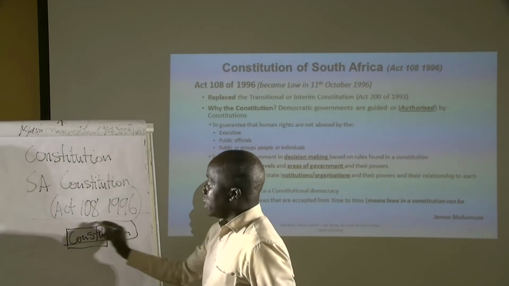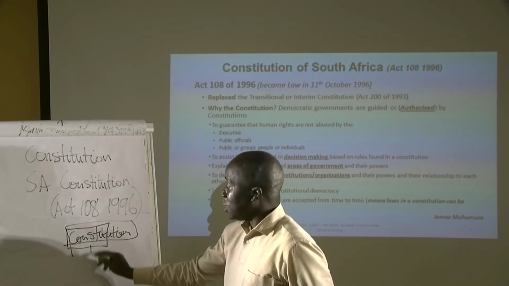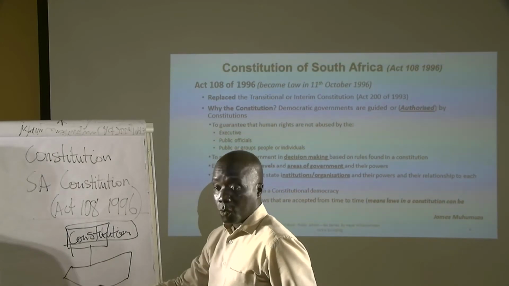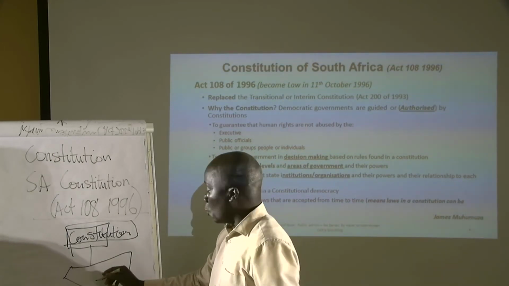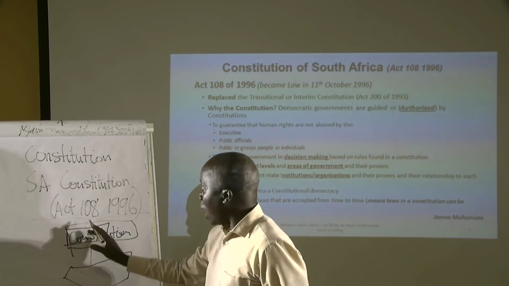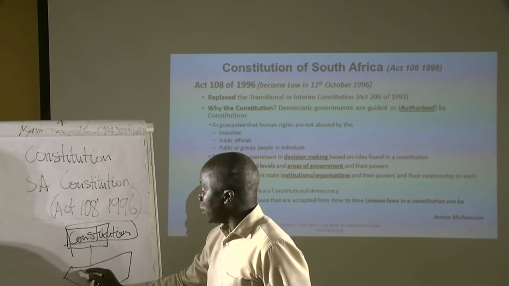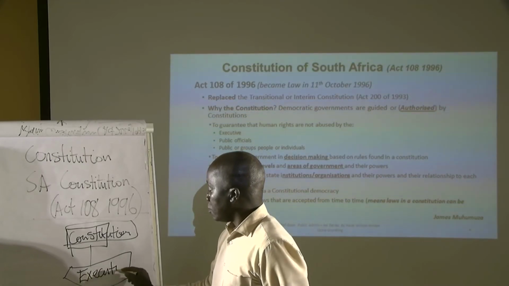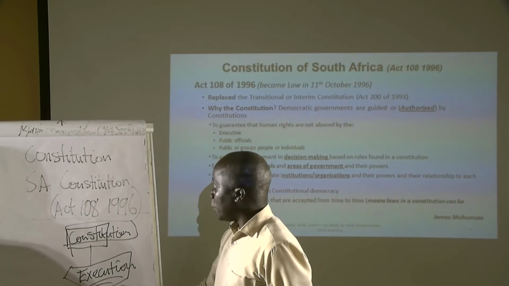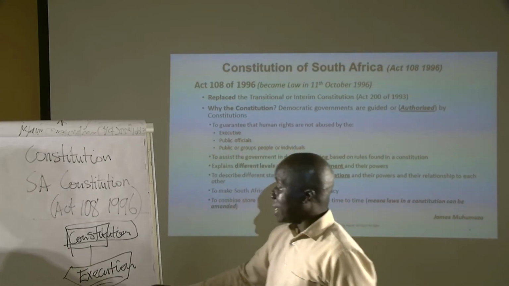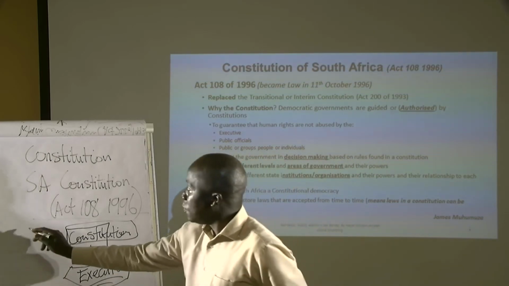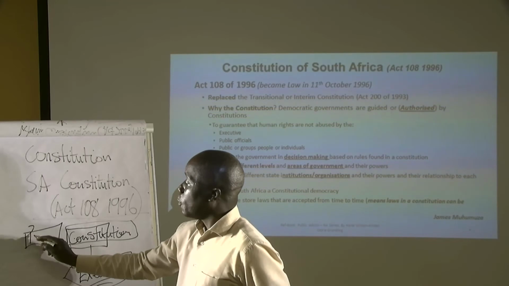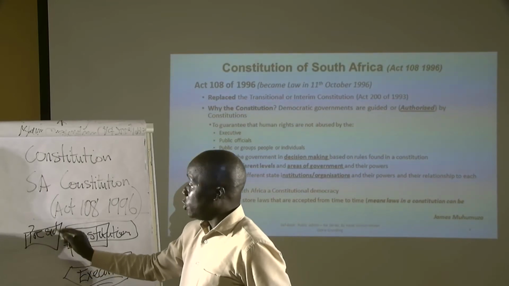In situations where there's no democratic rule, usually the president will be on the top. But in a democratic rule, you need to have the Constitution, and then you have the executive coming next. The executive is where you have the president and everyone else. But in a dictatorial kind of rule, you do not need the Constitution. Usually the president will be the one ruling at the top.